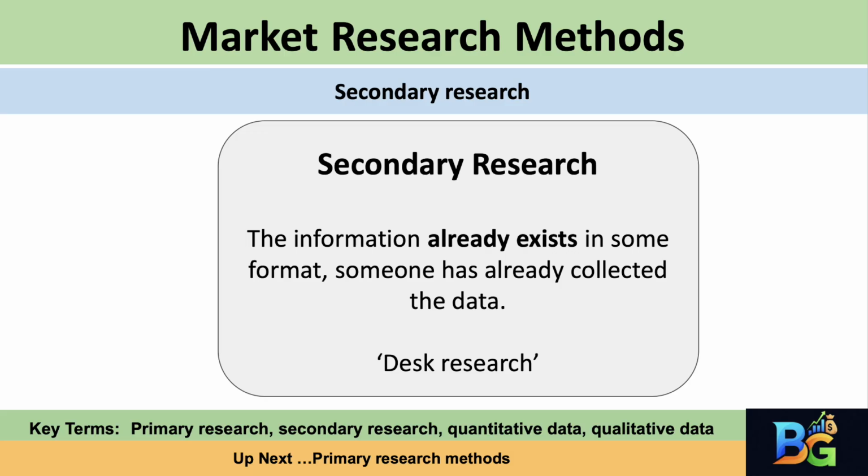Which brings us right to the final thought we wanted to leave you with. Okay. If this information already exists, and someone else collected it, maybe for totally different reasons, how does knowing who gathered it, or maybe more importantly, why they gathered it originally, change how you might use it, or how much you trust it for your needs? That's a really important question, something to definitely keep in mind when you're working with secondary sources.